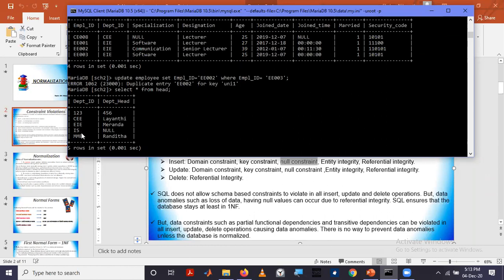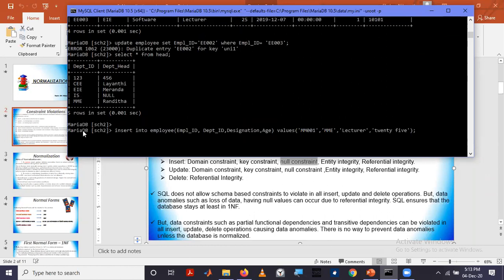For example, something like ABC, and I'll set this one now to a correct value.